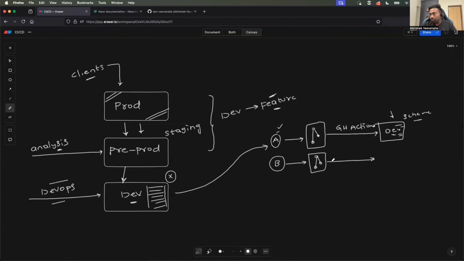So now the pull request of developer B fails because the schema of the dev database was already updated by developer A. Now this is a huge problem, and developer B thinks the database is corrupted. Similarly, when developer C from a different team creates a pull request, and this time imagine developer C is working